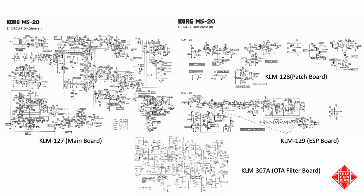Well, as it turns out, that really did fix it. That brought the KORG MS-20 back to life. What we're looking at here are the various schematics that make up this instrument. There are 2 pages of schematics in the service manual, and then on the bottom half of your screen you're looking at the schematic for the KLM-307A, which is the OTA filter board mounted on the back of the main